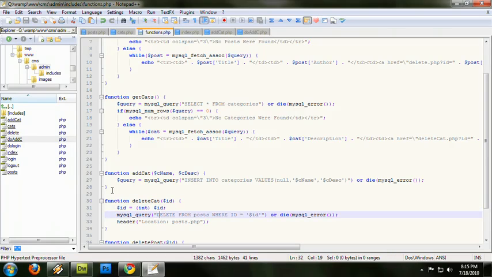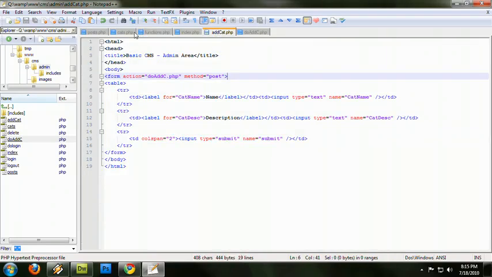And all this is the same. We're just going to change the post to categories, and we're going to redirect them to categories.php. And if we go back here,